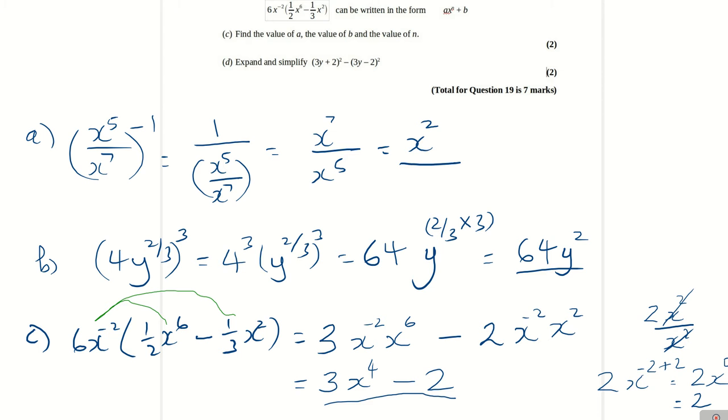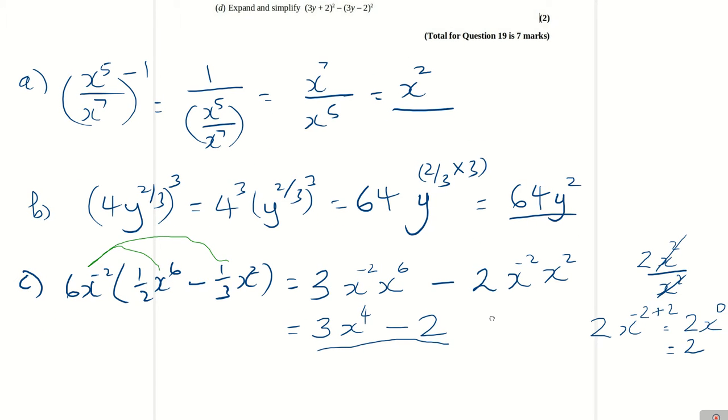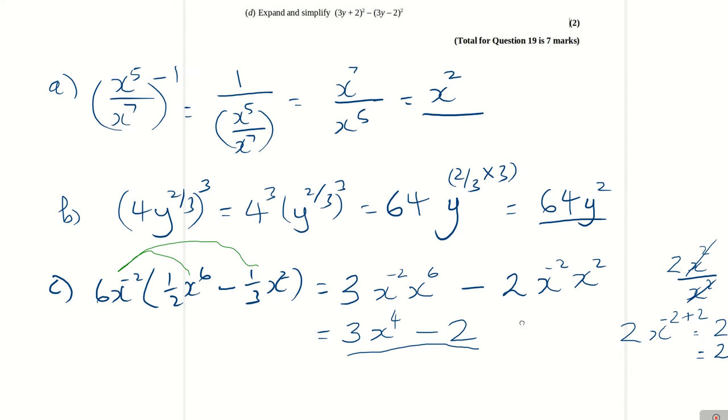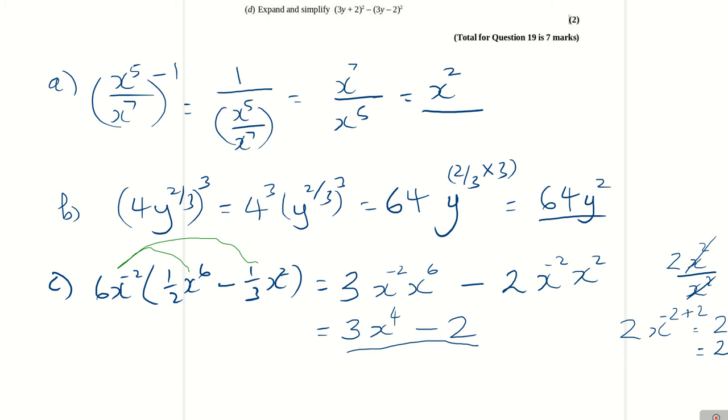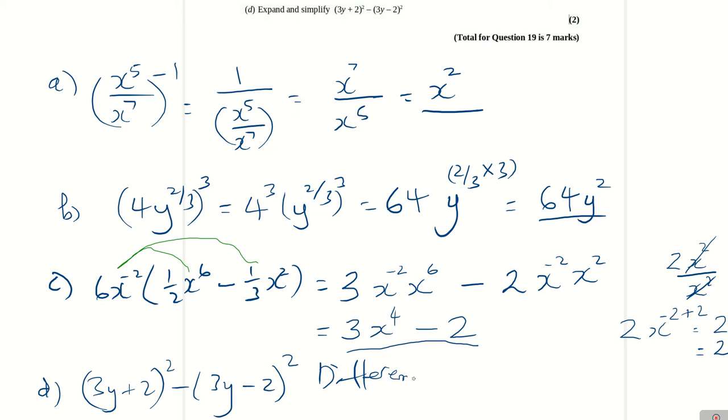Okay, now part D. Right, expand and simplify this. Now, there are two ways to do this. There's the quick way and the long way. The quick way is to notice that it's the difference of two squares. Now remember,